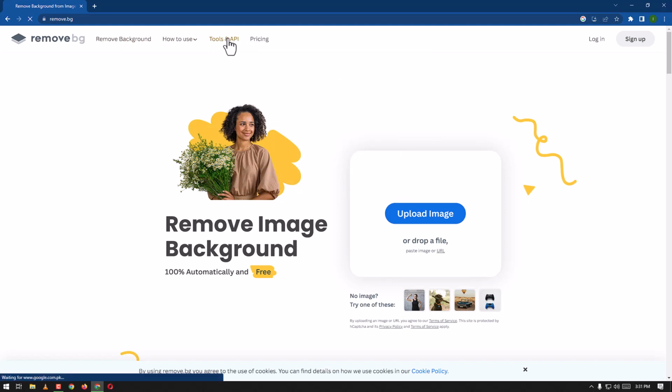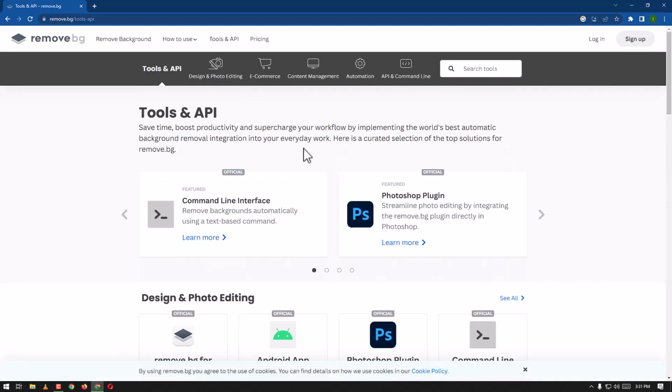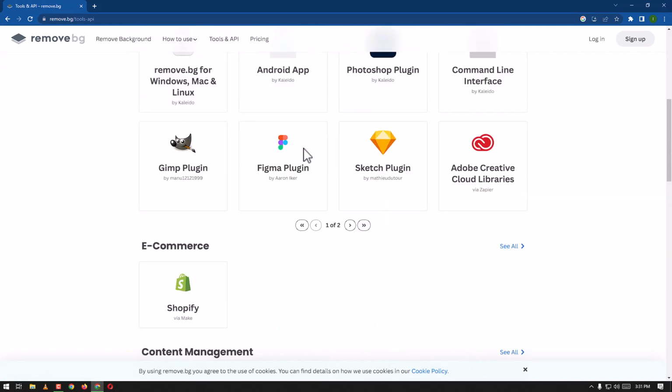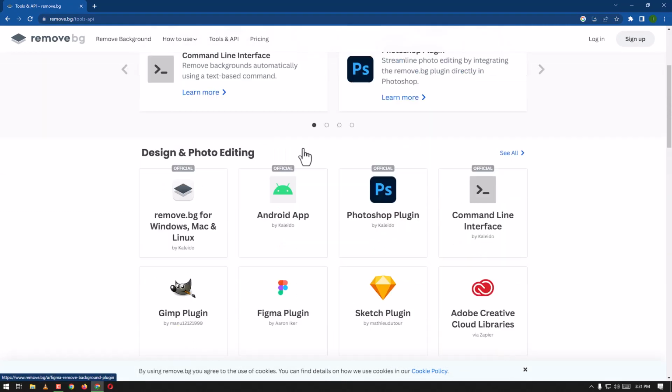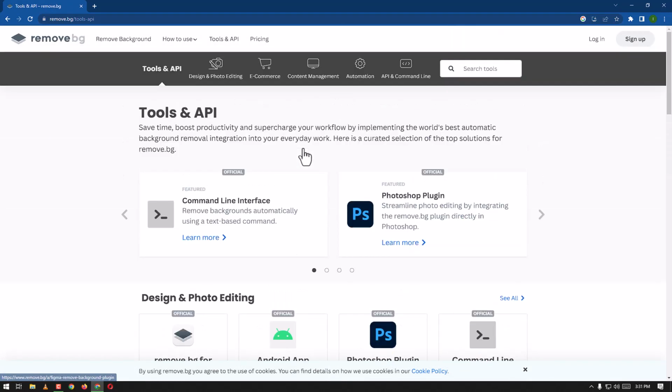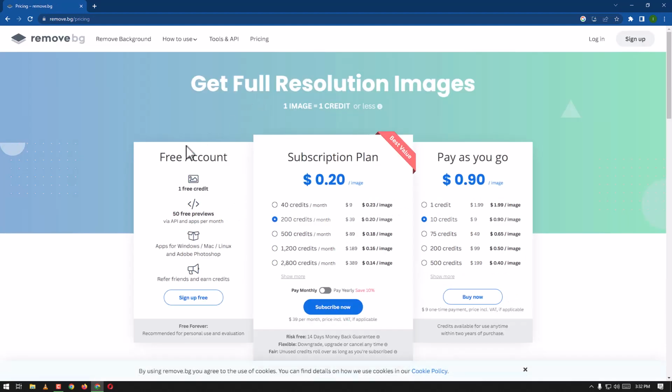However, tools and API, what we have here, we have different plugins and their functionalities. We can install them and use them to remove our background, and for the other different functionalities we can use free remove BG to remove the background from the pictures, and we also have the pro version, and for that we have pricing plans here. As you can see,